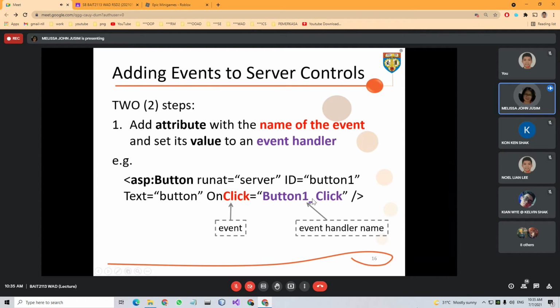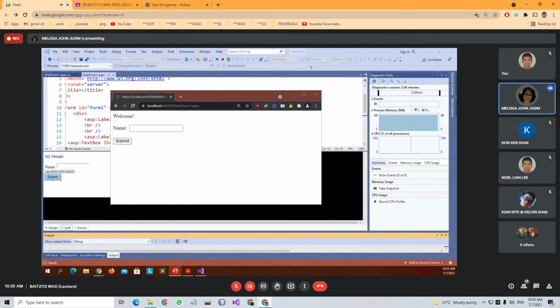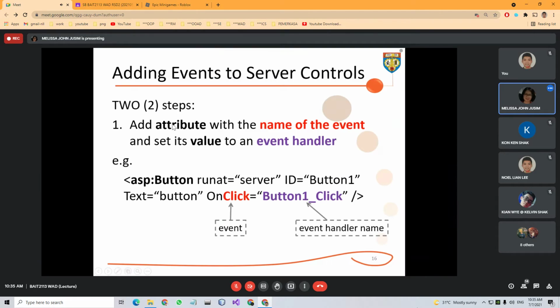The value would be the event handler. So I believe I need to name it to button one. Yeah, I renamed it already.